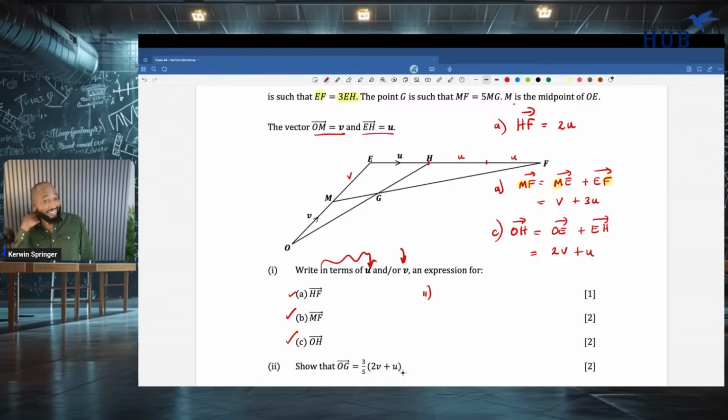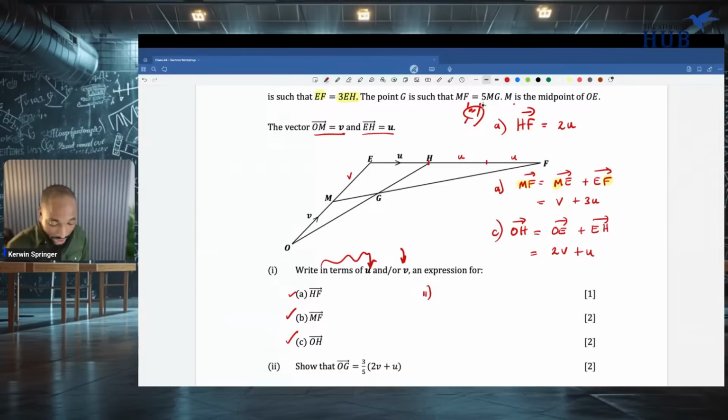How do we do that? Firstly, they want us to find OG and show that is 2/5 of the way. So this is looking real interesting. So we go up to the question and see if there's some other information that we may have left out, you know, right there. Ta-da. So that MF is 5 times the distance of MG. M to F, 5 times MG. Hold up. That's it. That's good because I know what MF is.